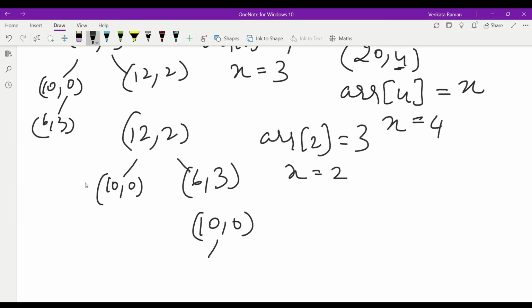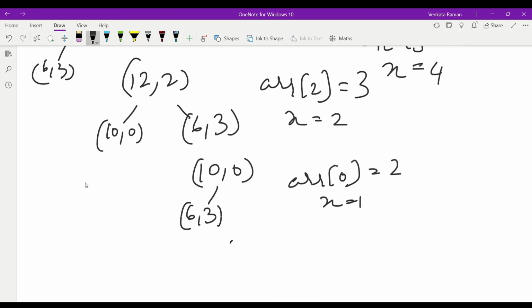The heap now becomes 10, 0 and 6, 3. Do the same. Now the heap only contains a single pair. And since there are no more pairs in the heap, we will stop.